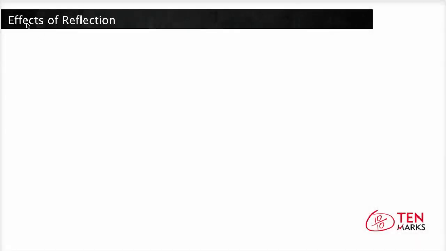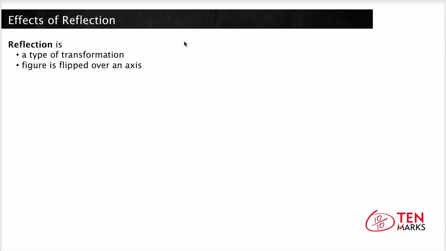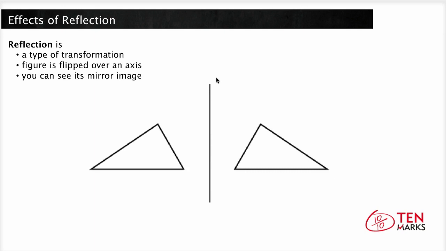In this lesson, you will learn to demonstrate the effects of a reflection on a figure. You have already learned that a reflection is a type of transformation where a figure is flipped over an axis so that you can see its mirror image. In this example below, you can see that the line in the center is the axis about which the figure